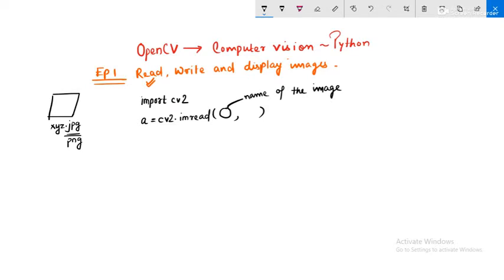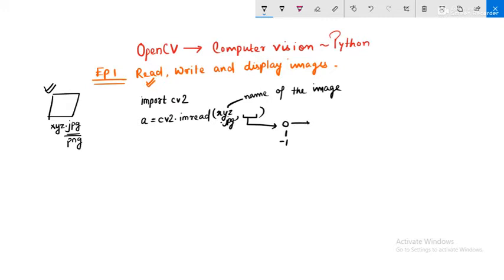So we are fetching xyz, so in this case we are going to use xyz.jpg or png over here. And the second argument can be either 0, 1 or -1.